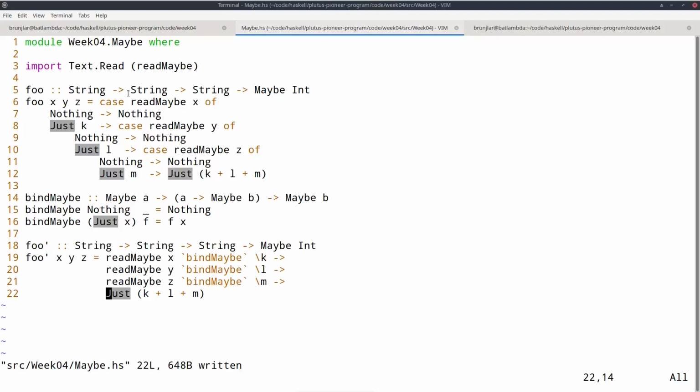And this here now behaves very similarly. As soon as we encounter nothing, we immediately stop with nothing. And if not, we carry on. And this exception-like behavior is captured in this bind maybe function. And using that, we can write the original logic very compactly.